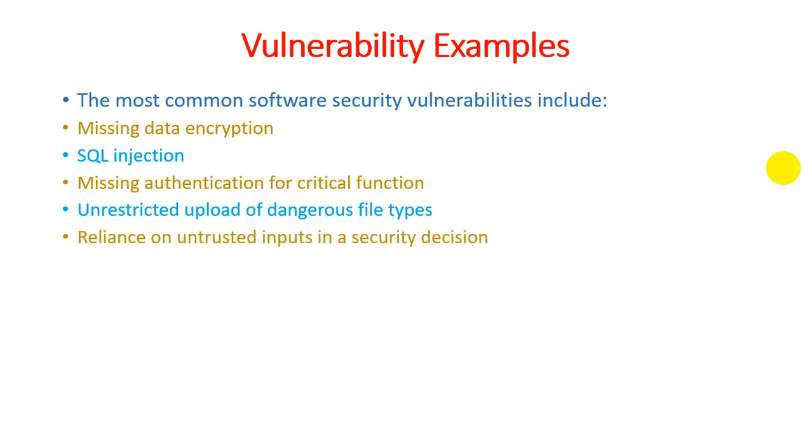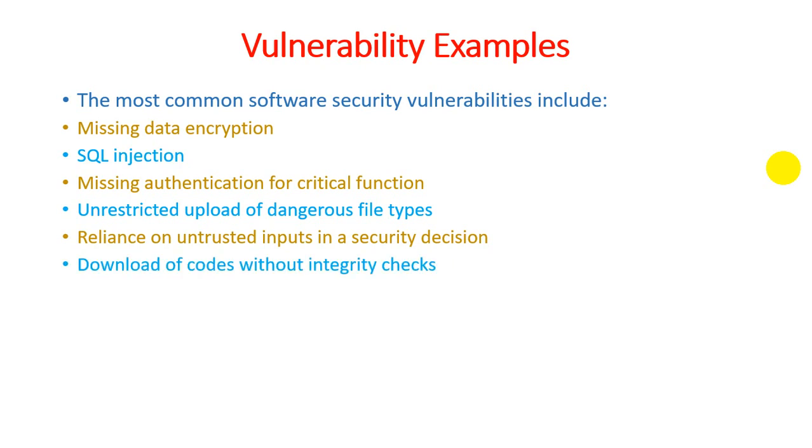Then reliance on untrusted input in security decisions, because while surfing the internet there are lots of questions asked on particular websites as well as web-serving websites. If we are not aware of those kinds of questions, and we are allowing things like cookie scripts, loading videos, images, and advertisement pop-ups without being aware of them, and we allow them on our computer system, then it is one of the mistakes through which a vulnerability can happen in a computer system.